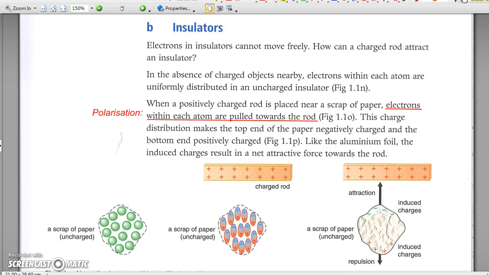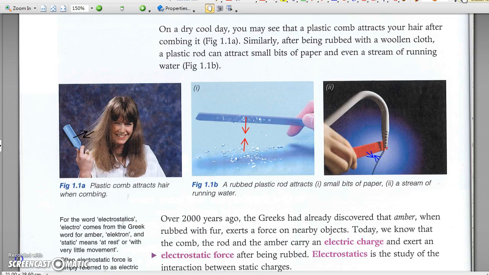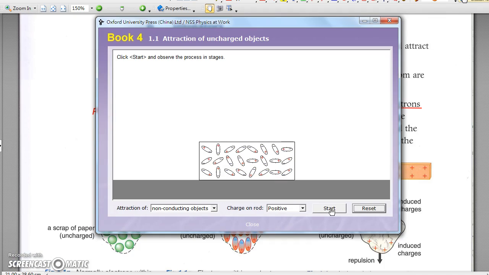B. Insulators. Charged objects can also attract neutral insulators. Here, pieces of paper and water are examples. When a positively charged rod is placed close to a neutral insulator such as a piece of paper, the electrons